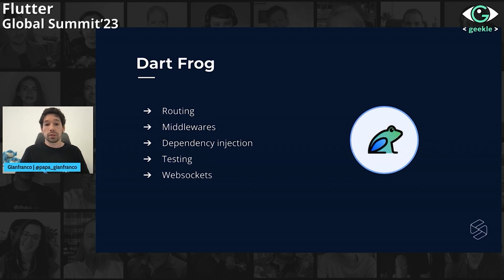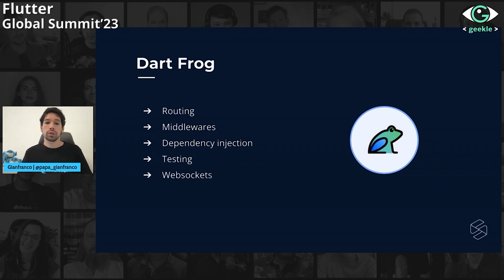Then another concept we need to cover is middlewares. Middlewares are no other than functions that sit in front of or after your routes. So basically, it's a function that will be executed before or after your route, and this can have many use cases. For example, I think the most common or the most useful could be authentication. If you have to authenticate your routes, you might put some common logic in a middleware, and then all of your routes will use that middleware.